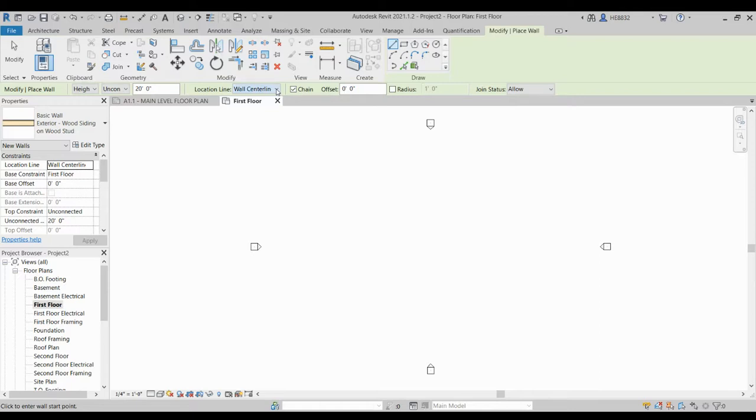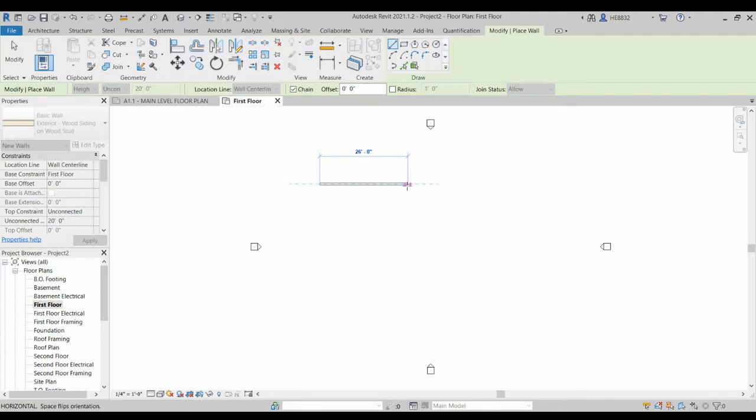So when I indicate a distance, it's measuring from the middle of that wall, the center line of that wall, to the center line of the next wall. I could measure the distance from a finish face if I wanted to, or a core face, core being inside. And then chain is selected, and that means that as I begin to draw, so if I click into the drawing space and pull, I don't have to have a mouse button down, I just am pulling to the right,